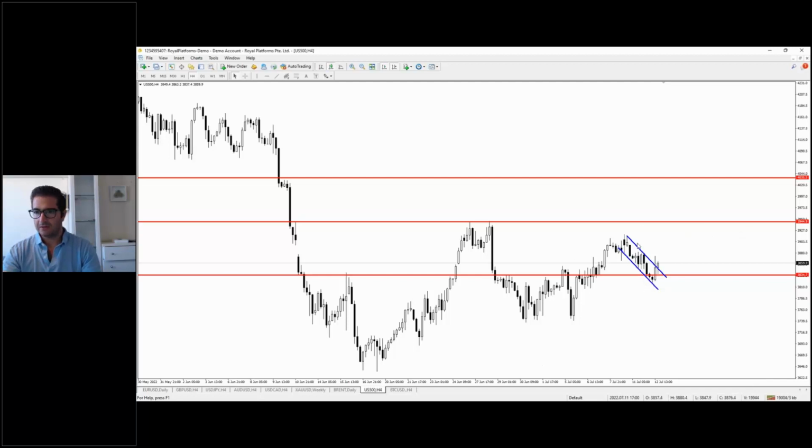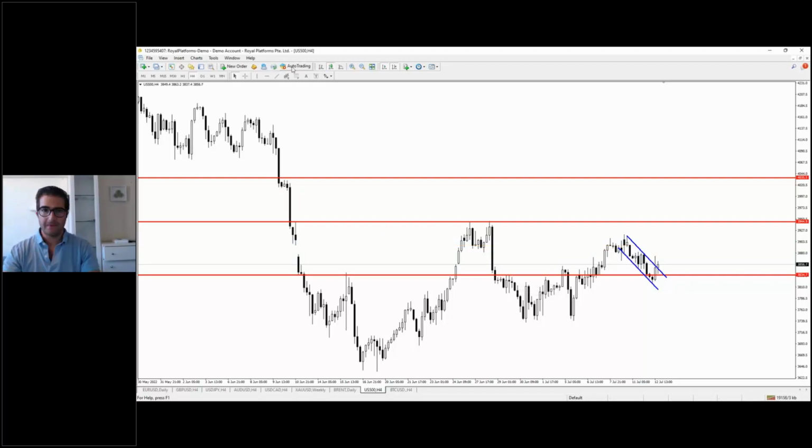So we have higher lows, higher highs, so the market is still bullish. We have a bullish flag here that was broken. If the market stays above this area, 3,834, most probably it will move to the upside to reach 3,944. If you see the market struggling around this area, then sell your position around the 3,894 because there is a minor resistance here, okay? But most probably it will go all the way up until